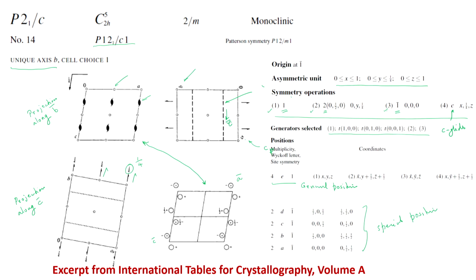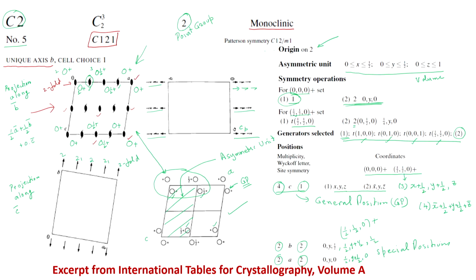There is no screw axis which is a special position. In fact, even if we see in the earlier case, we do not have any special position on the twofold screw axis, because it does not create a special position because of the screw translation that is involved. And if I even put an atom on a screw axis, I will still have the multiplicity of 4 for